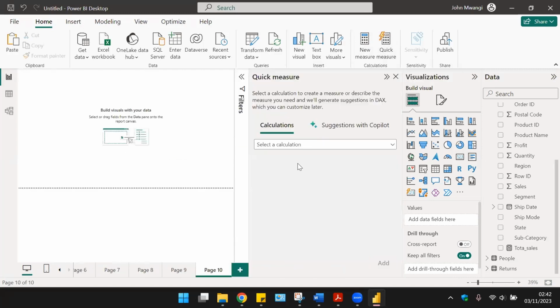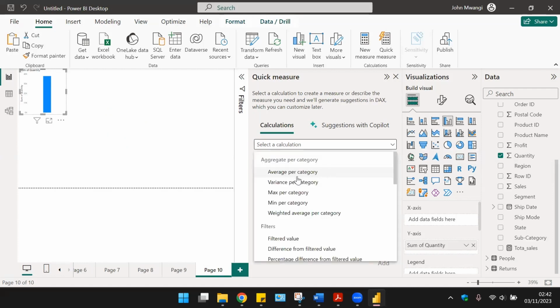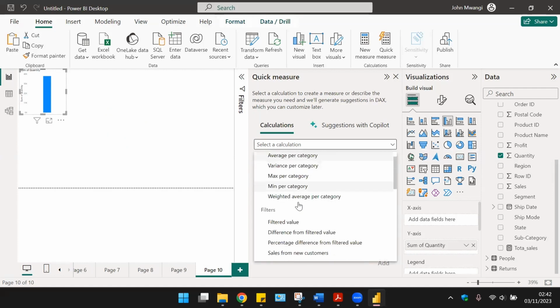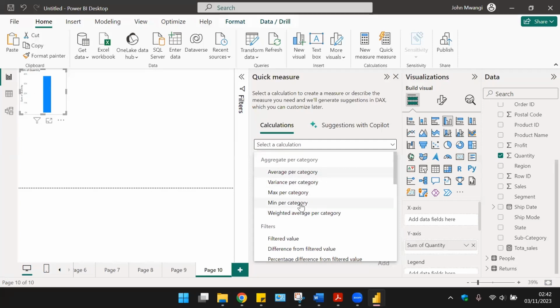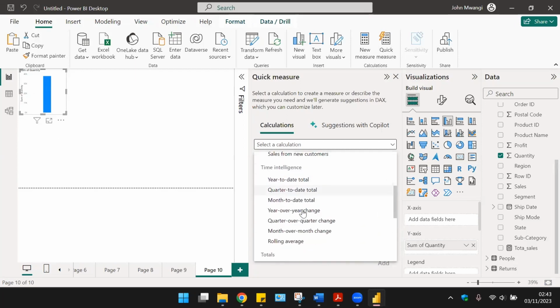You can click on that. Then this will suggest the kind of calculation you can create based on this. We have average per category. These are aggregations. We have weight, we have minimum, and we also have filters. We can filter values. We can also use time intelligence to create specific